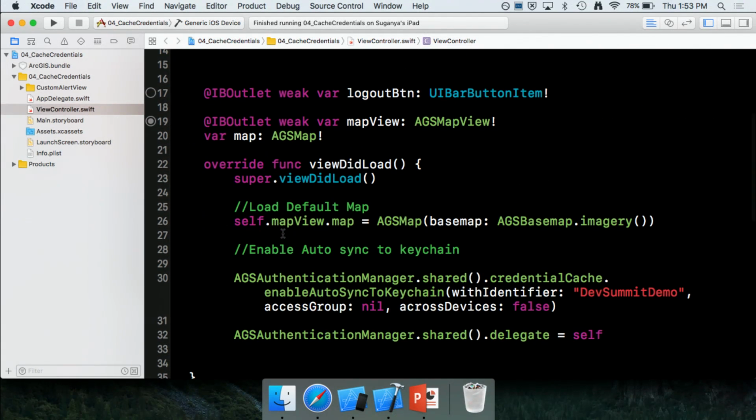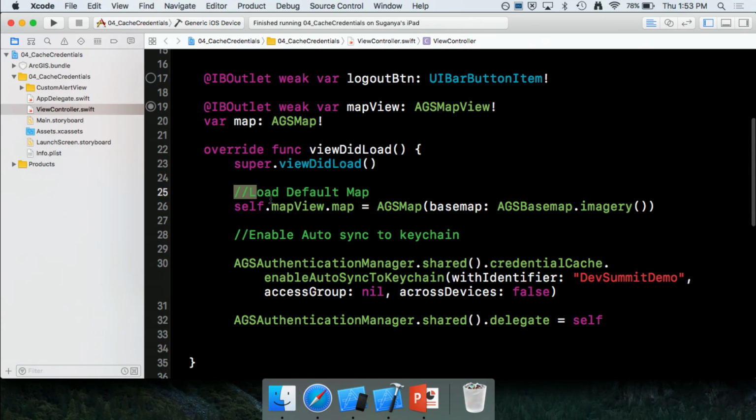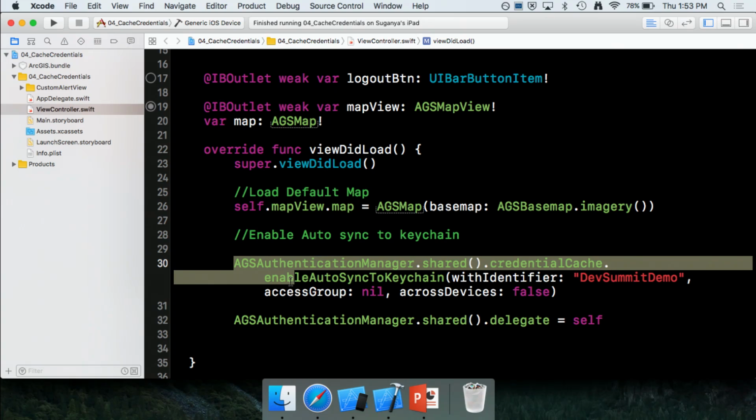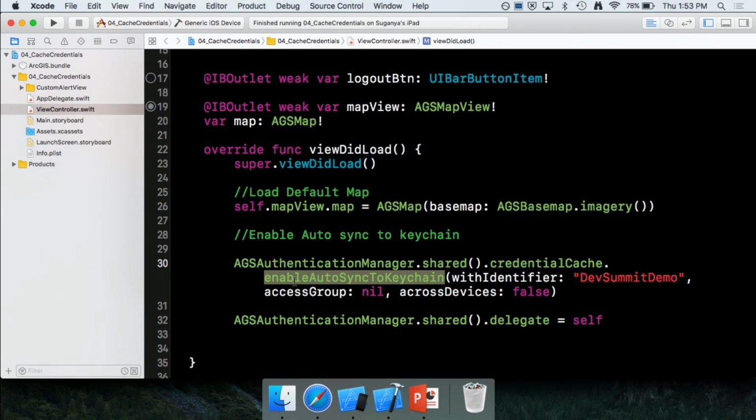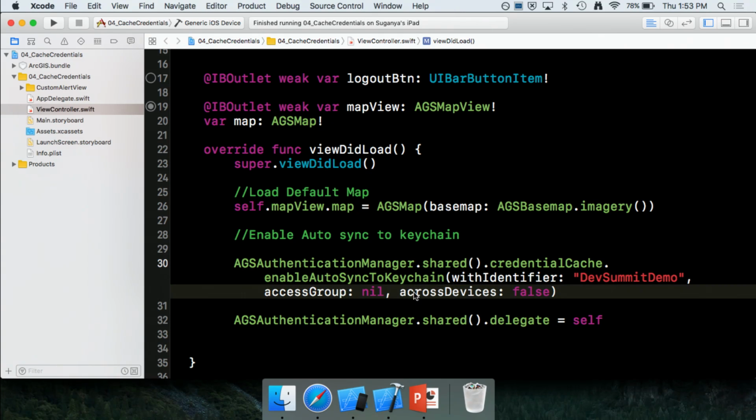Again, I have another project set up for this, and I load a default map to start with, and here I give a call to this method to enable autosync to keychain. I give it a unique identifier, and I'm not going to be showing syncing across between devices or between apps. So I have set access group to nil and across devices parameter to false.